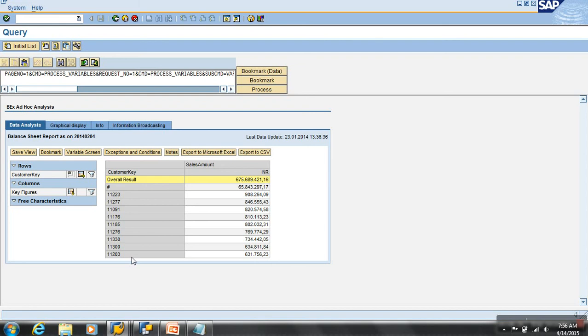Generally, in real time you have these reports: top 10 customer report, top 10, and top n, and it could be any n number. When doing a top n customer report or top n product report, you should say that we used a formula variable in the conditions. That is the scenario, okay.